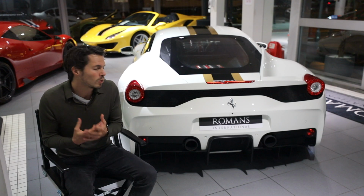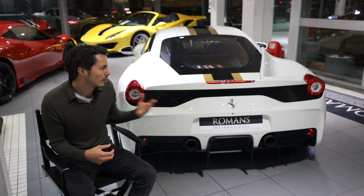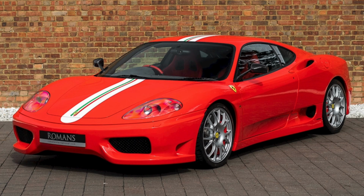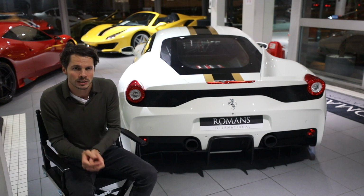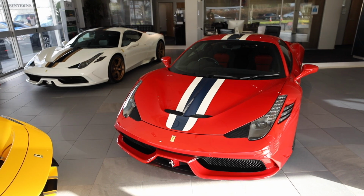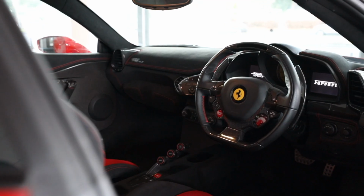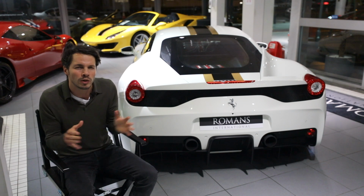But the one we really were all waiting for was the lightweight, track-focused, more hardcore variant, and that was called the 458 Speciale. That car basically followed in the footsteps of the 430 Scuderia and the 360 Challenge Stradale, which had a similar ethos from Ferrari's past models. Like those cars, it wasn't actually a limited number car. The Speciale was built in a limited time period between 2014 and 2016. We believe there's between 2,000 and 3,000 cars worldwide, but for the UK, we reckon there are about 250